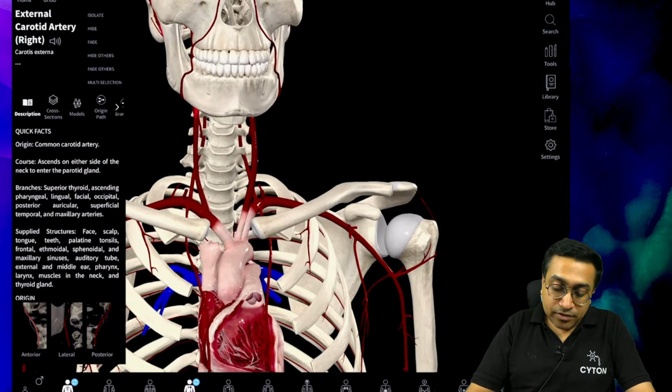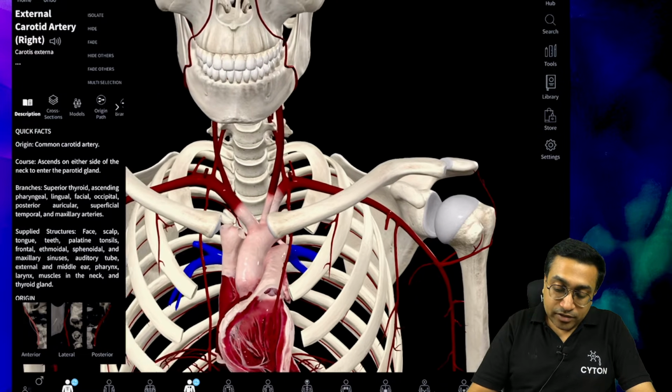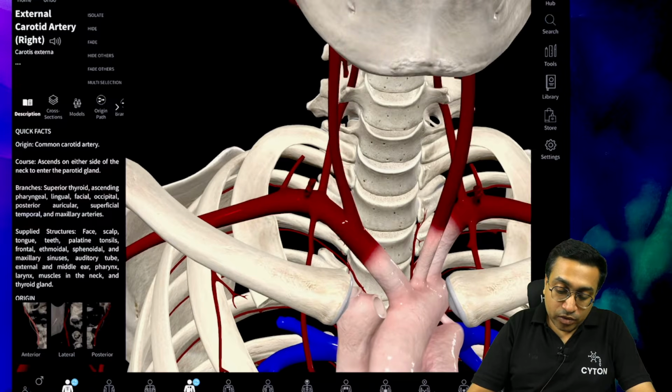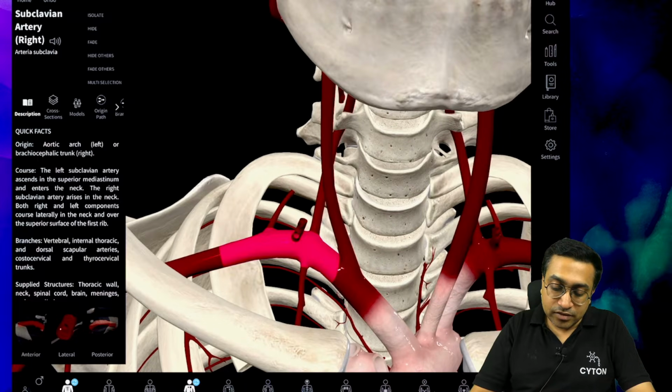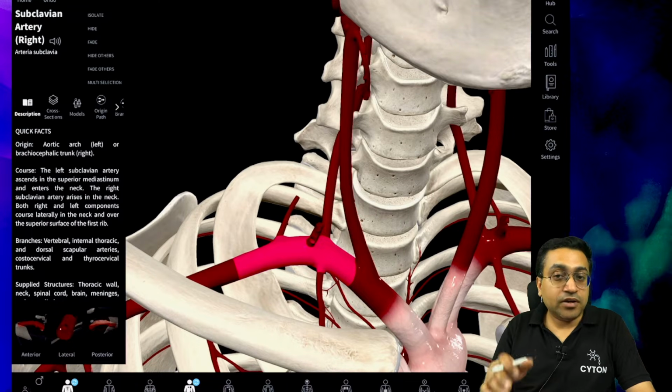Now let us trace the main pipeline in the upper limb. So I will take this on this side. Okay, one more thing just to add on here, although we'll discuss later definitely. This vertebral artery is always the branch coming from the first part of subclavian artery, and this subclavian artery is also further divided into various parts based on a muscle.